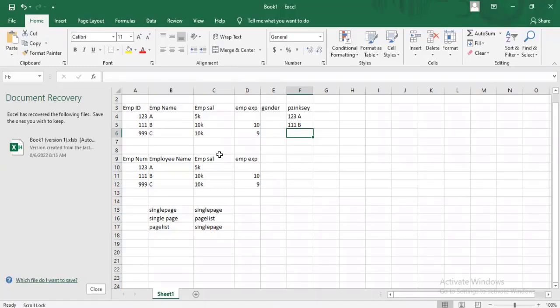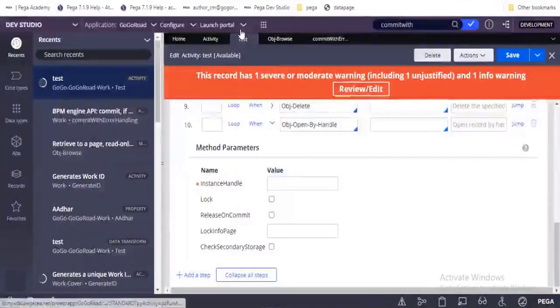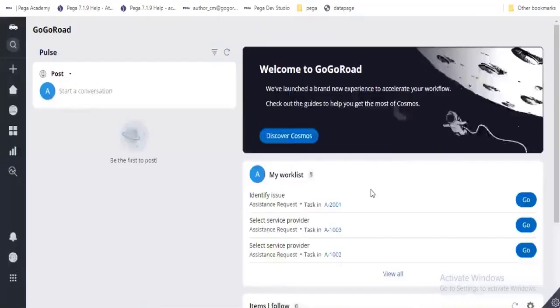Okay, Pega will create that one. Let me show you the pzInsKey. If I launch the portal and open any case, let's see what the pzInsKey is for this case. A-2001 is there, right? In the clipboard it will be there.